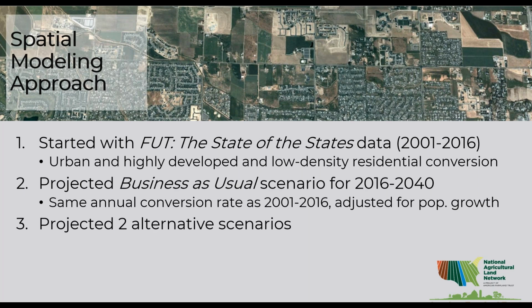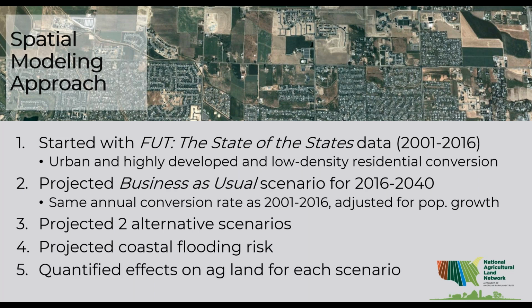In each of the three scenarios, we also mapped the coastal flooding risk that is projected by sea level rise, obviously not much of an issue in Iowa. Once we had our projection of conversion and flooding risk, we quantified the effects of these scenarios in two different ways. First, on the agricultural land type. So is the conversion more likely to be on cropland or pasture land? And on the quality of the land that is likely to be converted. So looking at its productivity, versatility, and resiliency, which is an approach we took in the 2020 Farms Under Threat